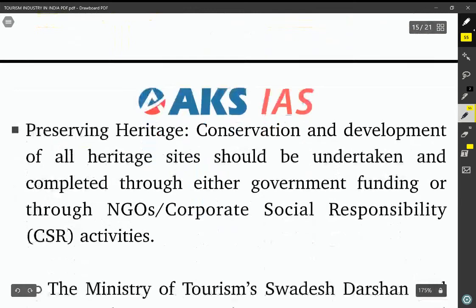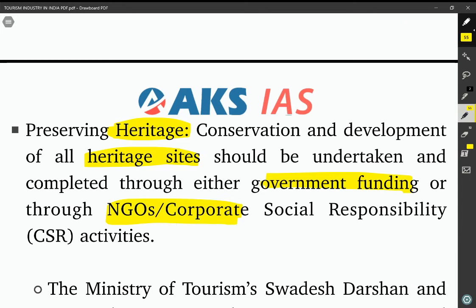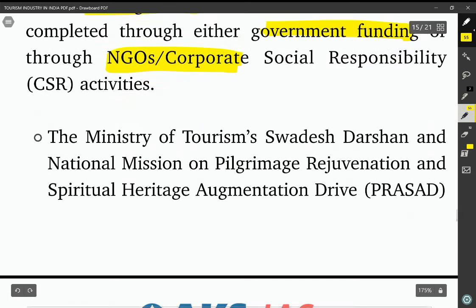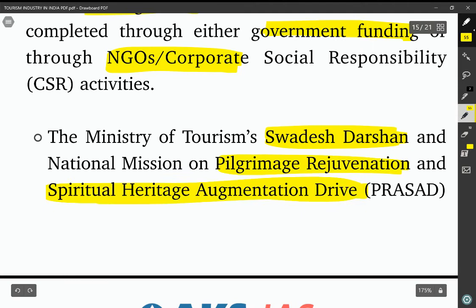Then another important point is the preservation of heritage. Conservation and development of all heritage sites should be undertaken and completed either through government funding or through various NGOs and corporate social responsibility activities, so that these tourist destinations will draw in more crowds and ultimately lead to the growth of the sector. Also, the Ministry of Tourism's Swadesh Darshan and the National Mission on Pilgrimage Rejuvenation and Spiritual Heritage Augmentation Drive, that is the Prasad scheme,